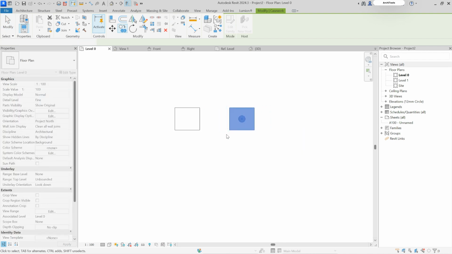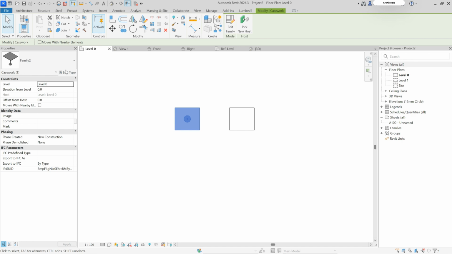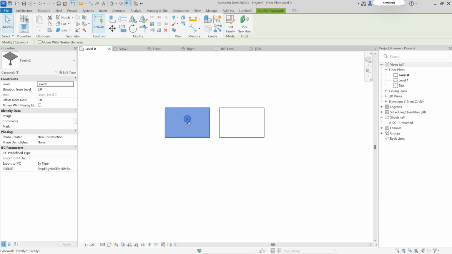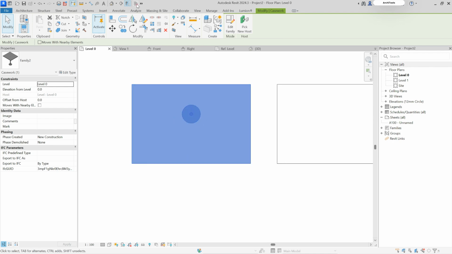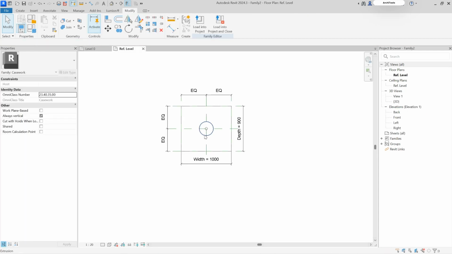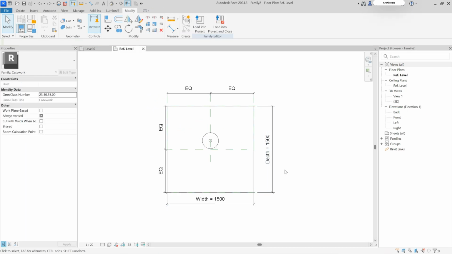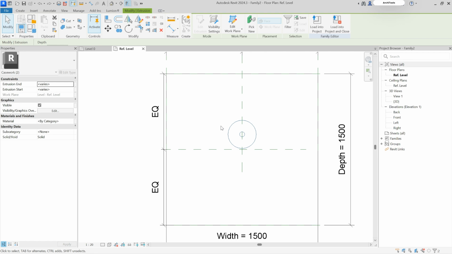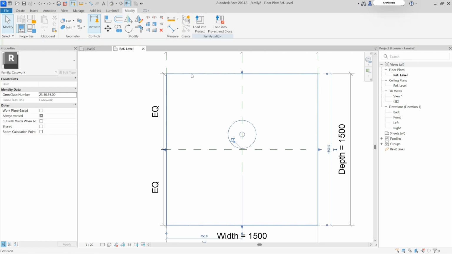So I'll just load this to show you how the type parameter works. I'll copy this. Now, if I select this, in order to change its dimensions, I have to go into Edit Type. So for depth, let's say I want 1200 depth, and for the width, I want 1800 width. Height we have not changed, so I'll keep height as it is. The central part is not correctly locked over here, so I'll go back and check why this is not being locked. In order for this base to work, I'll make a separate family for the base and nest it into my current family. So I'll delete this